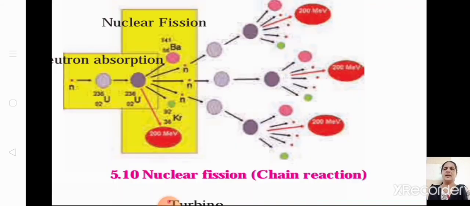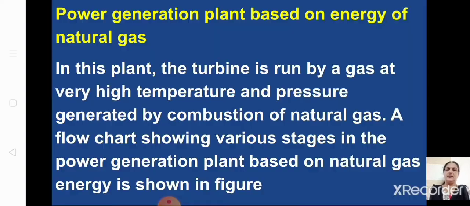You can see in the diagram how one neutron bombards uranium-235 to form uranium-236, which is unstable. It forms barium, krypton, and 3 neutrons. These 3 neutrons again undergo a fission reaction, combining with uranium-235 to become uranium-236, and again energy is released with 3 neutrons. So this continuous process is the fission reaction which takes place inside the nuclear reactor. We have learnt this in detail in the video.